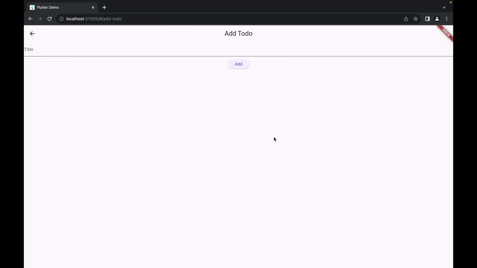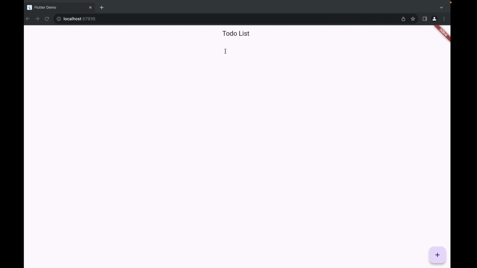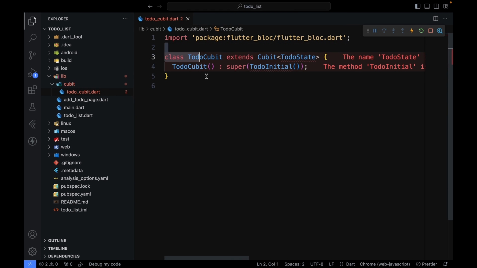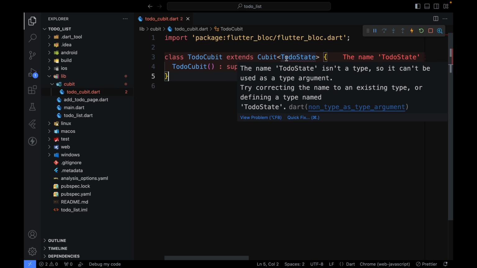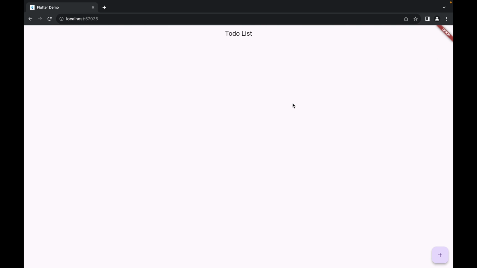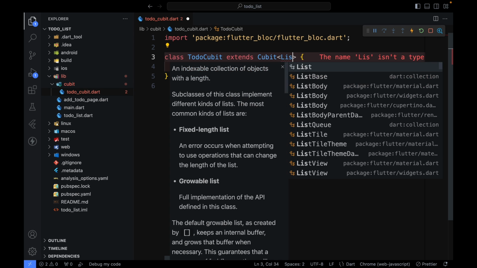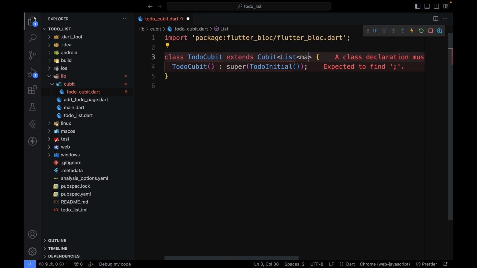Whatever to-dos we create, we need to store them in the state management tool, which will be used to display it on the screen. So that's our purpose with to-do Cubit. So it should be a list of to-dos, right? Now, I don't really have a to-do created. So we could just do list of map of string,